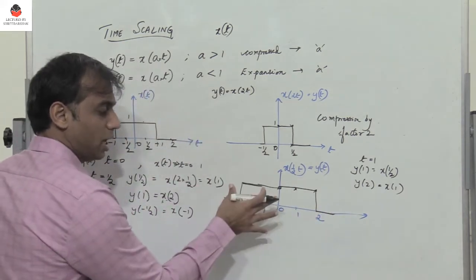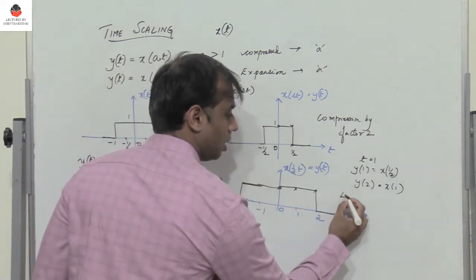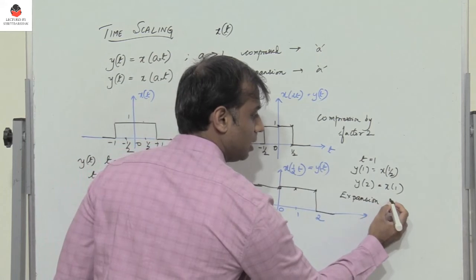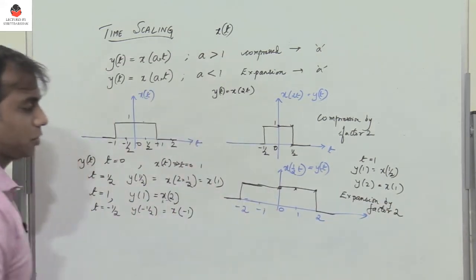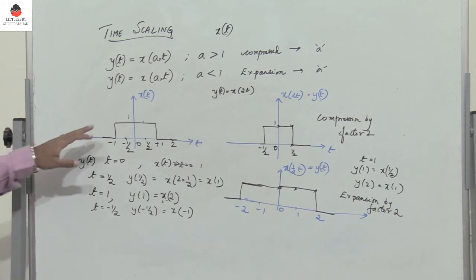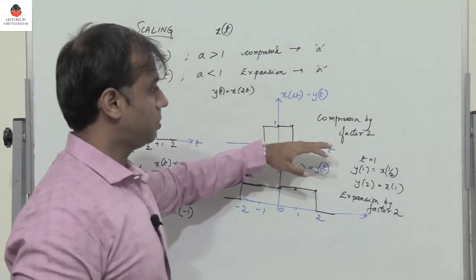So now what has happened here? The signal has got expanded. So there is expansion by a factor. So we have to remember this. So here I've considered continuous signals. So now let us consider discrete signals and let us see what happens when there is compression by a factor